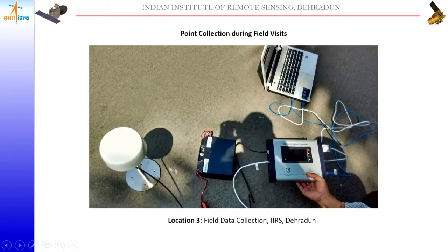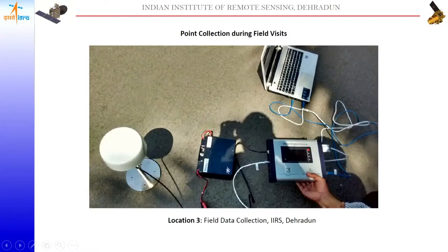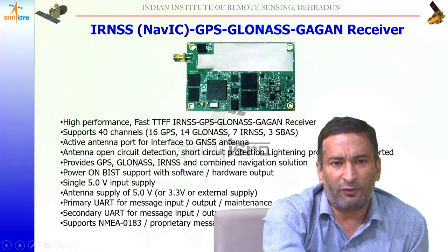So the continuous data was logged into this laptop, and then further it was analyzed. If we talk about that, you can see here this particular receiver, and this is the antenna and this is the receiver. In that receiver, it has very high performance. It was provided by Accord, a private company. They have provided this receiver to us, and if we talk about the chip level accuracies of it, it has